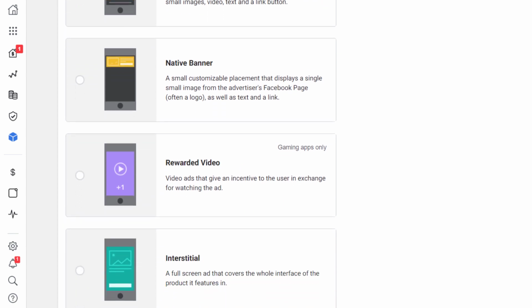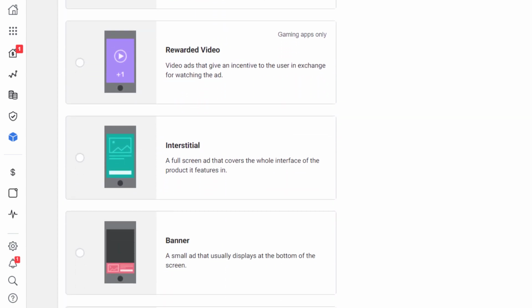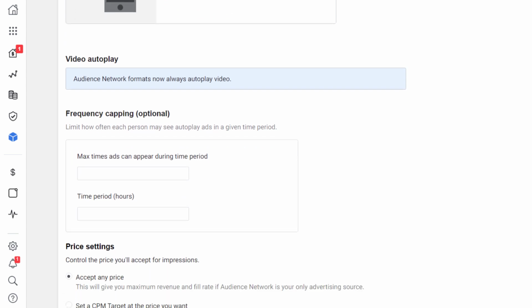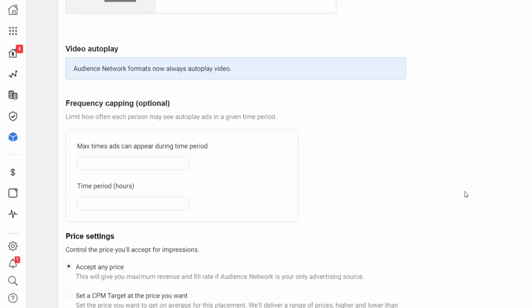Next, inside display format, select interstitial because we are going to create interstitial placement. Next, you need to pass frequency capping. So you might be wondering about what is frequency capping. It's clearly mentioned here. Frequency capping is like how often each person may see autoplay ads in a given time period.